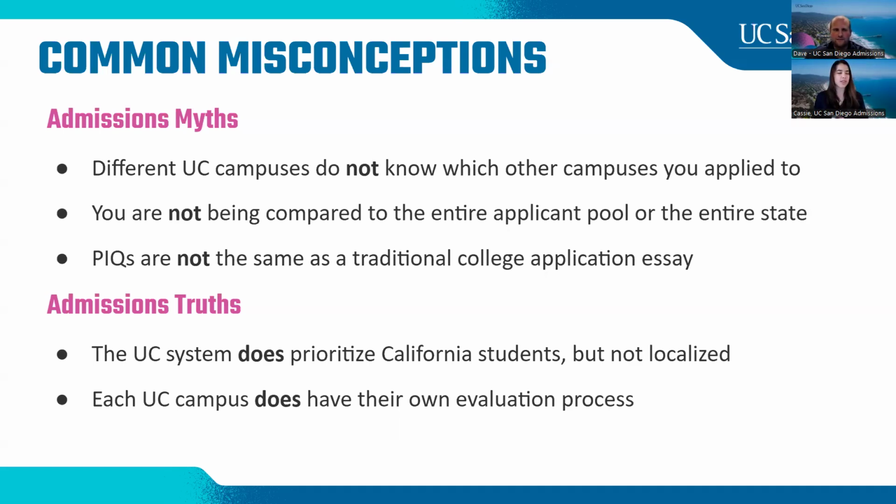So we will not know what other campuses you've applied to, and we won't know whether or not they're planning to admit you either. So when you're filling out that UC application, you can apply to just us, your favorite UC San Diego, or you can apply to all 9 undergraduate UC campuses. Completely up to you. We will have no way of knowing that. So we are only evaluating your application under the assumption that you're applying to us, and we want to see if you're a good fit for UC San Diego.